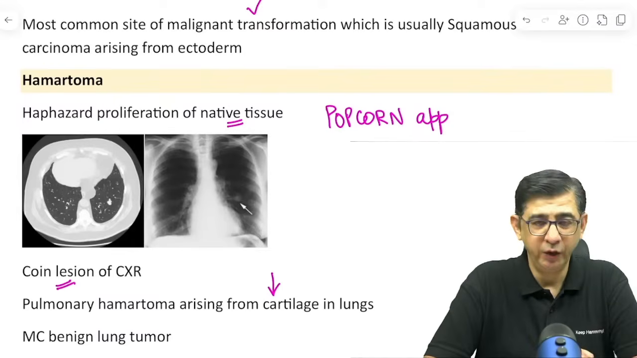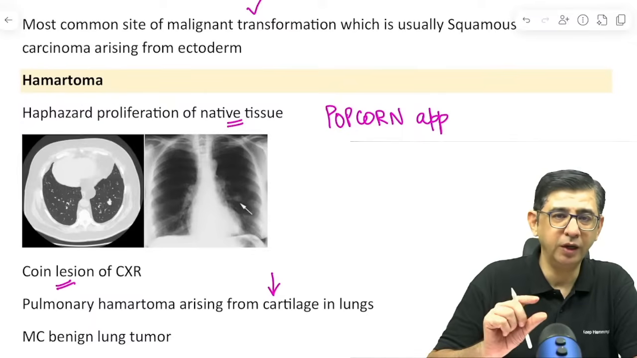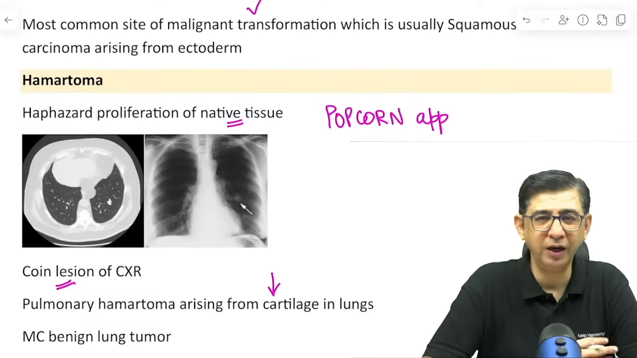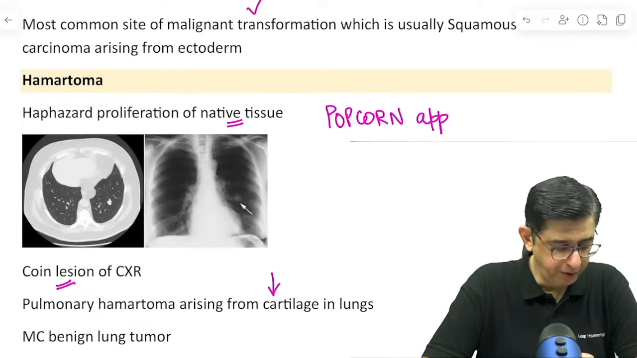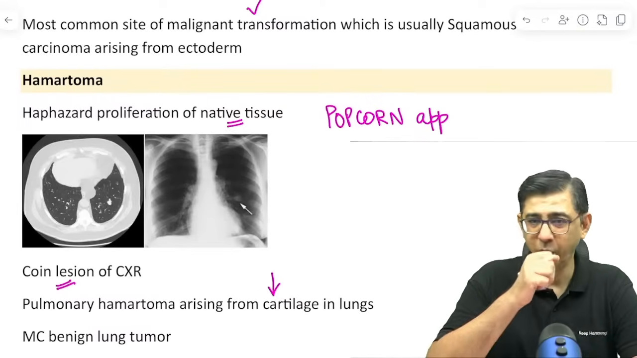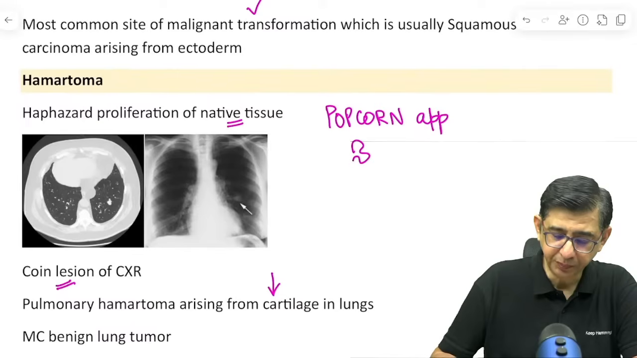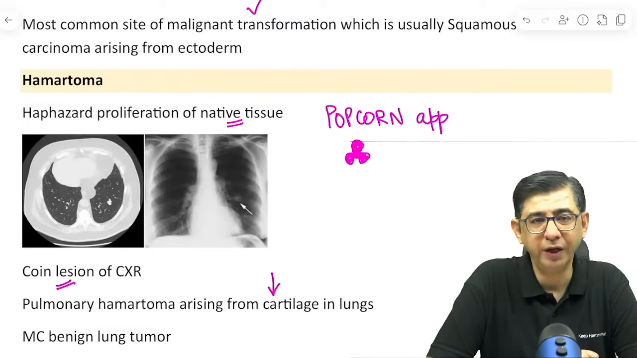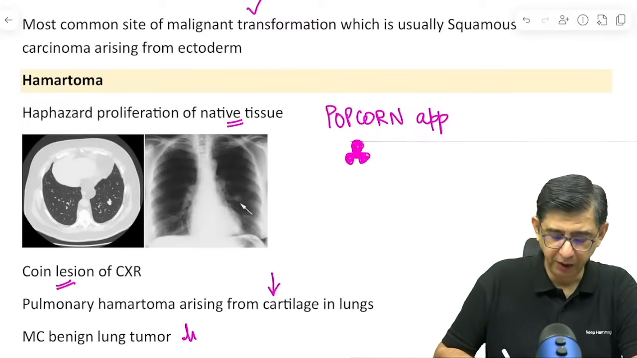X-ray, because not in every section will it look like a coin. Maybe when we do an X-ray AP or PA view or lateral view, in some of the views it might appear in a round shape as well. So the popcorn appearance is okay, but at the same time, in some of the sections, it can give you a coin lesion as well, and it happens to be the commonest benign tumor of the lungs primarily,